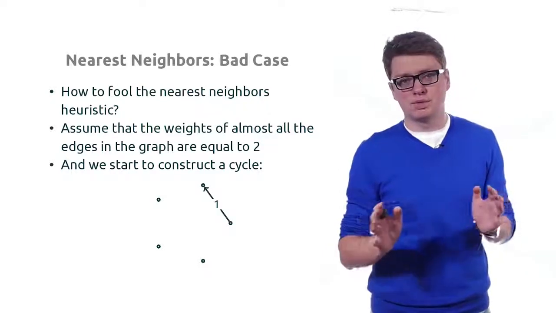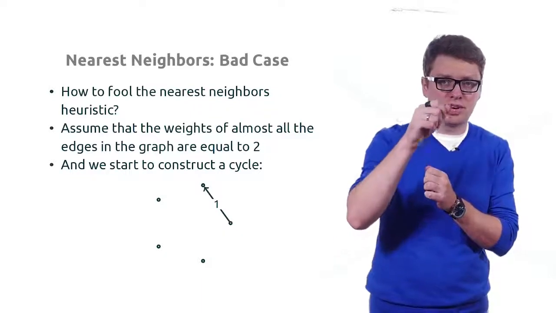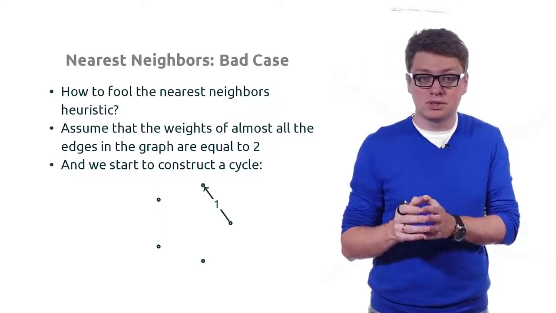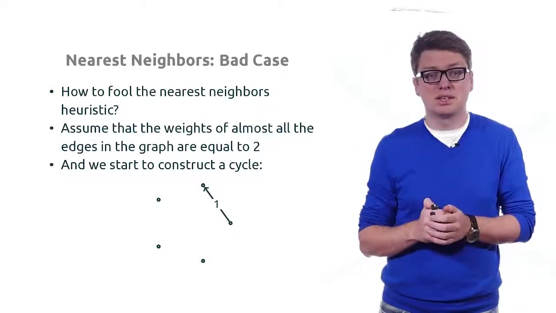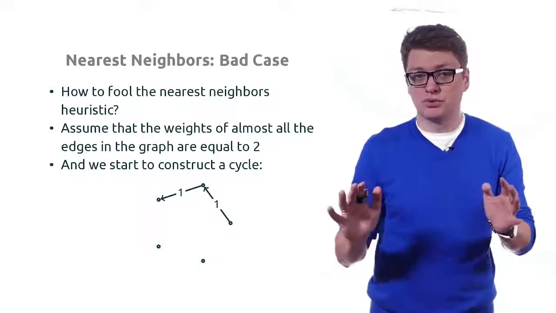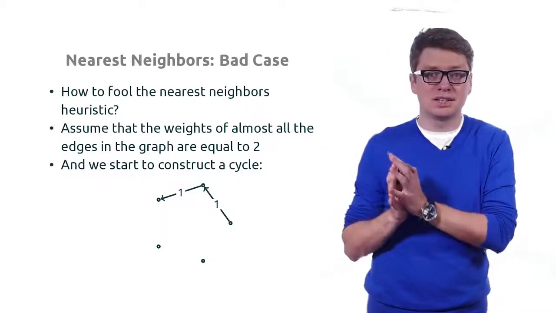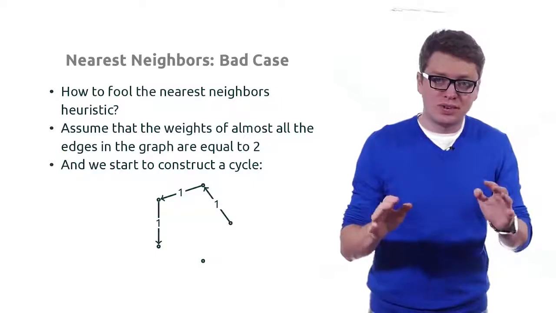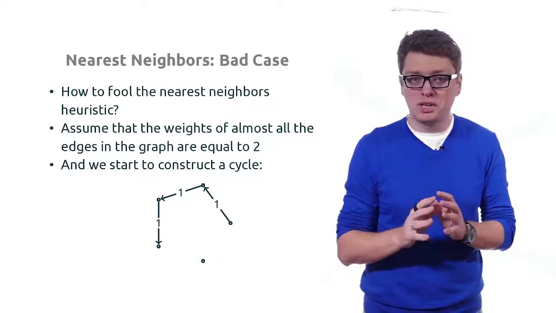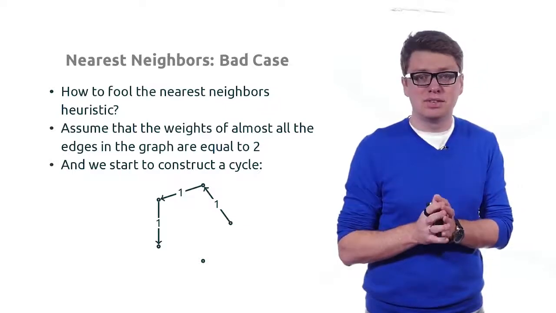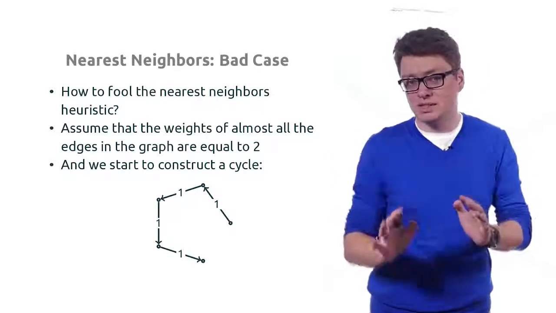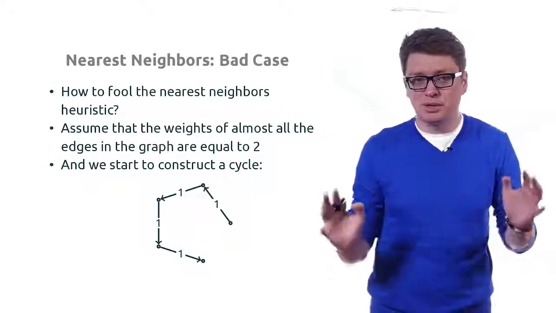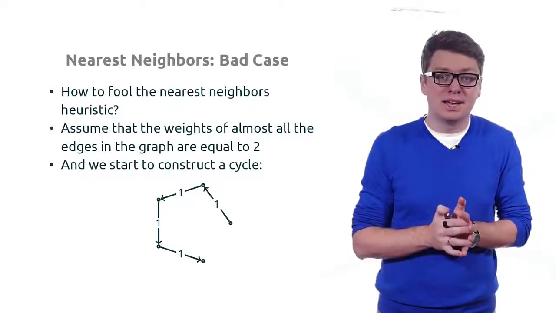So we start from some node and we start constructing our cycle. So we go to that vertex, and it turns out that from this node there is another edge whose weight is also 1, which is good for us, right? Because we know that almost all other edges have weight 2. Then we find another edge, but at this point we already have no choice, right? We need to go to the only unvisited node, and if we're lucky enough, this edge still has weight 1, but for the last edge we have absolutely no choice, as for the previous one actually,